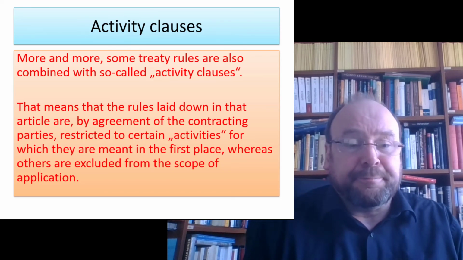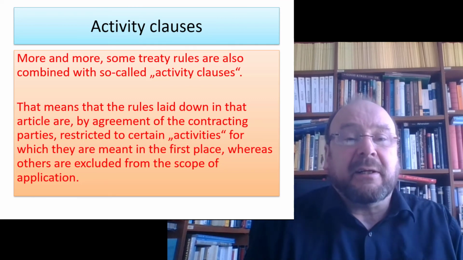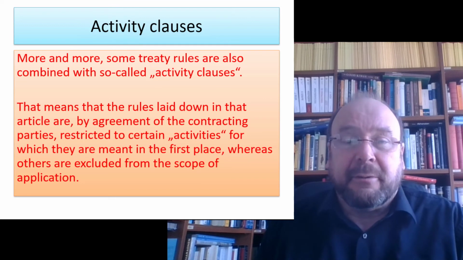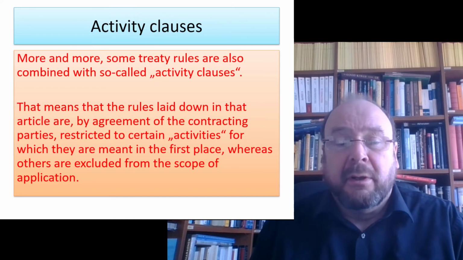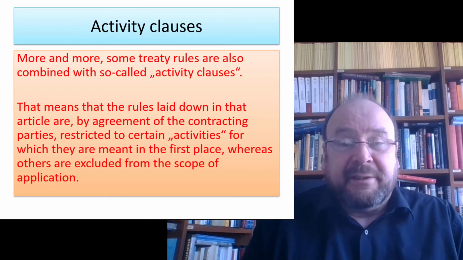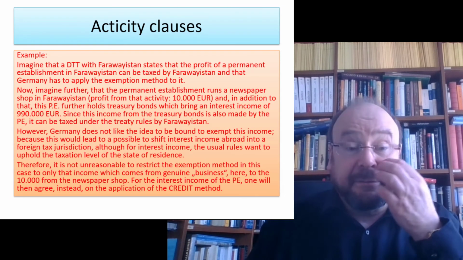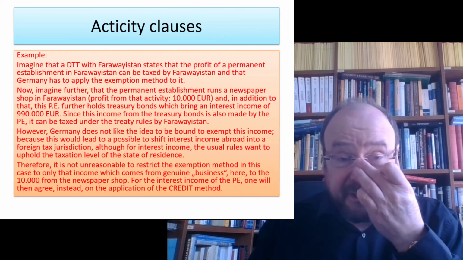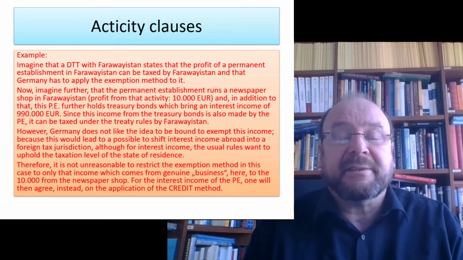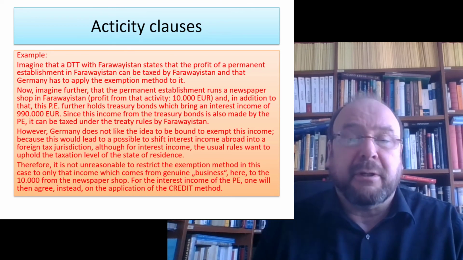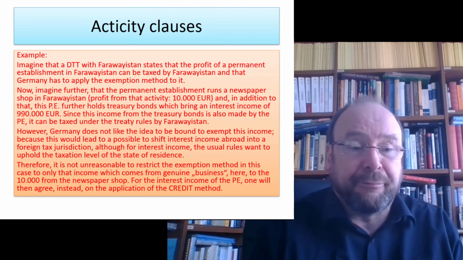More and more often, some exemption method rules are linked to so-called activity clauses. That means we restrict the exemption to certain activities. For example, if you have in Faroestan a permanent establishment, and if the double taxation treaty with Faroestan says that a profit of a permanent establishment in Faroestan can be taxed in Faroestan and Germany will exempt, then